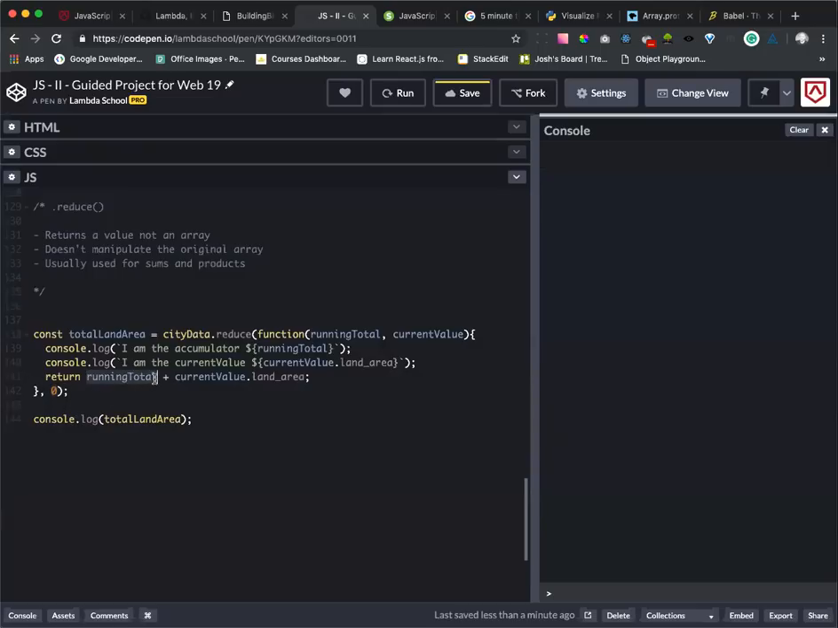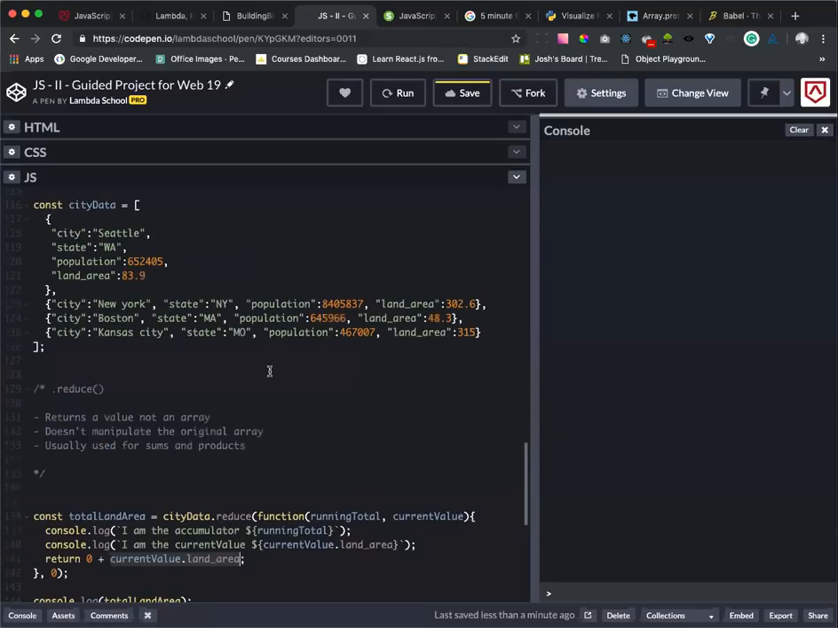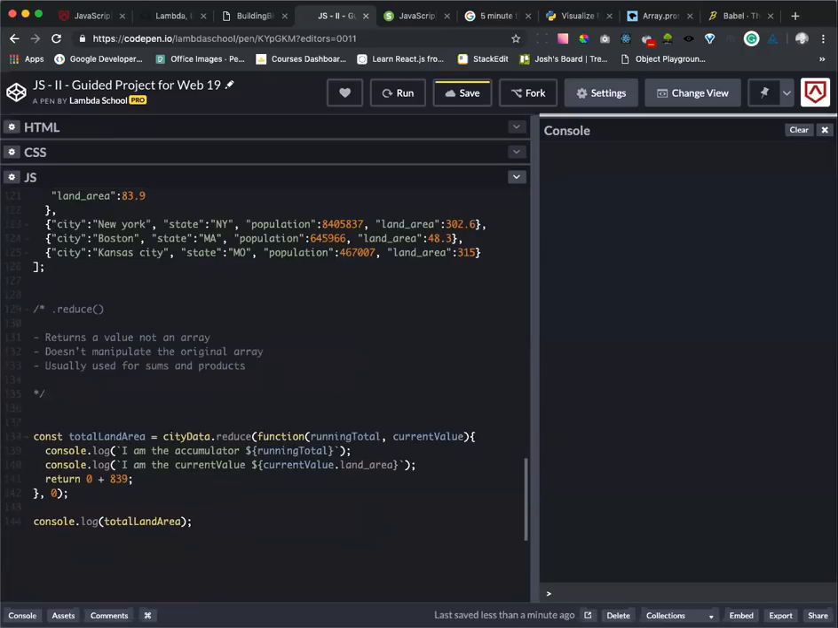So then our running total starts at 0, right? And then the first value is 83.9. So that's like our first return. And then it just loops every time. And so then it says, okay, the accumulator is 83.9. And now what's the new number on the right? Well, it's going to be 302.6, right? Then what does it do? It actually adds those numbers together. So then we get